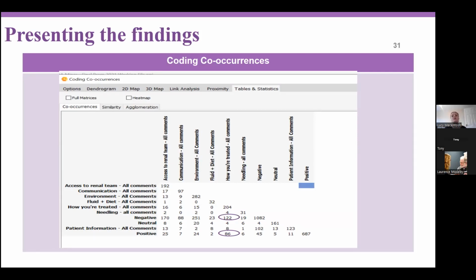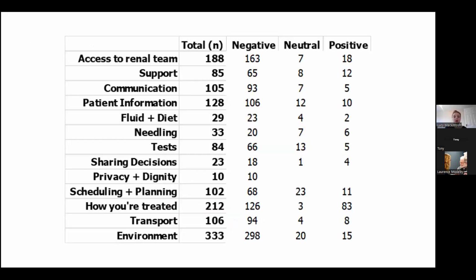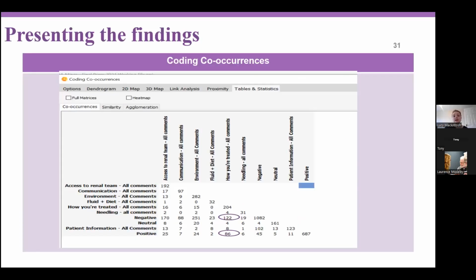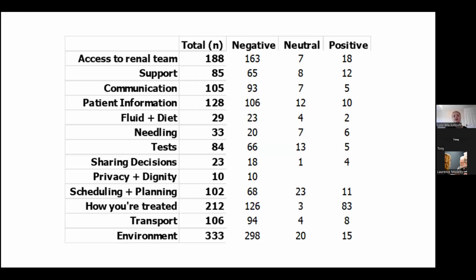So not only can we see that this was the second most common theme, we can see that it was predominantly negative. And here is the table. Unfortunately, QDA Miner only presents it to you in this style, but you can easily save it to Excel. You can then take out the repetitive rows, select the negative, neutral, positive, and present it in this way. Then you can see very quickly each of your themes by sentiment.